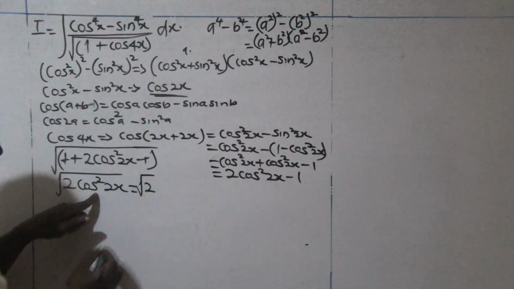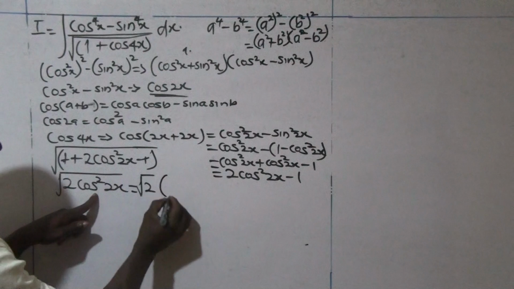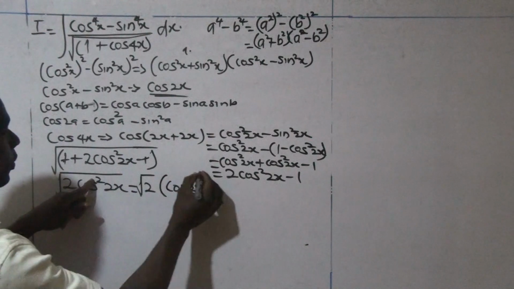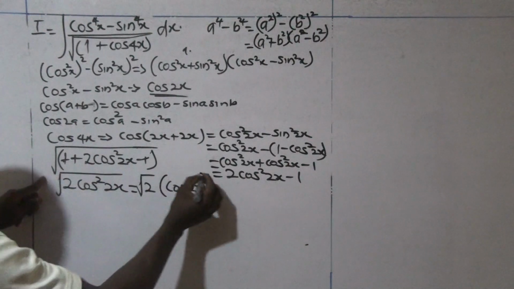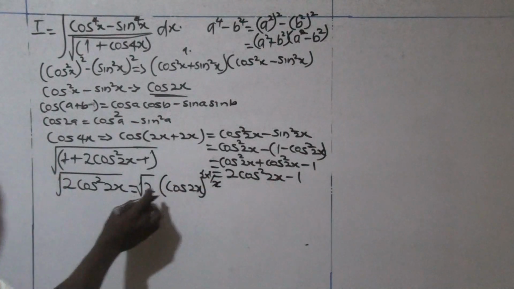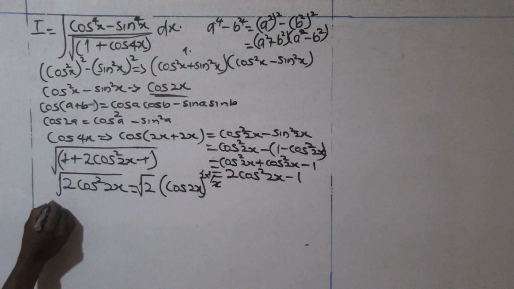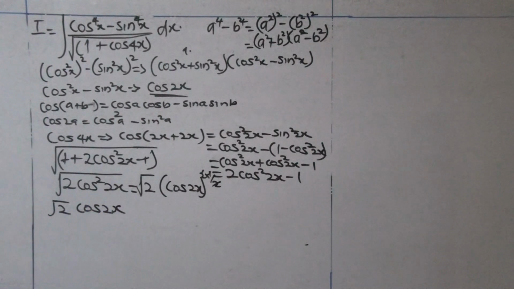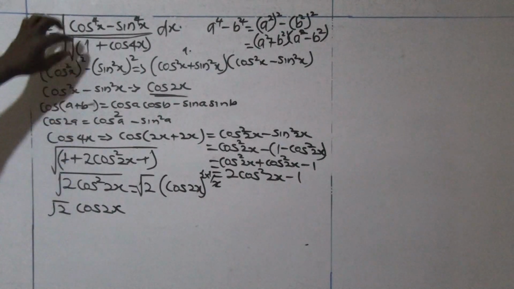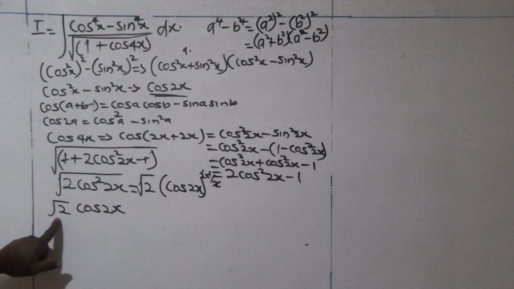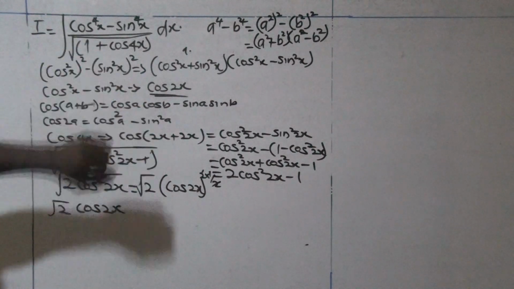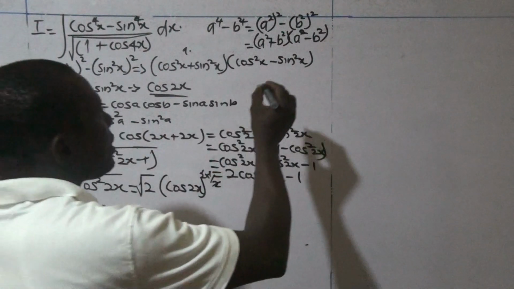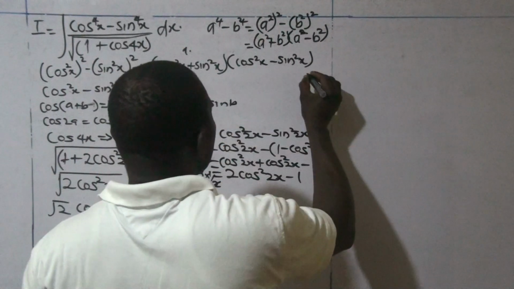times the square root of cos squared 2x, which is cos 2x raised to the power 2 times one half, since square root means the power of half. This will cancel, and we will be left with root 2 cos 2x. So the whole of the denominator of this expression becomes root 2 cos 2x, and the numerator is cos 2x. So that we can now clearly see that the whole of this expression becomes